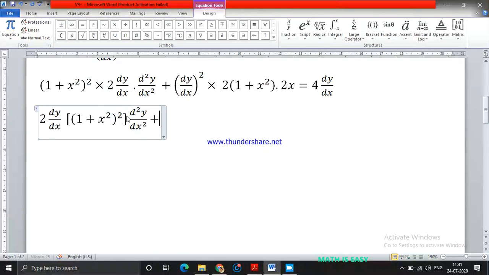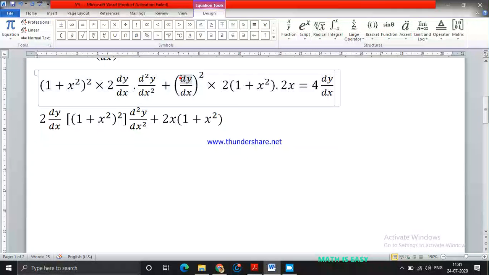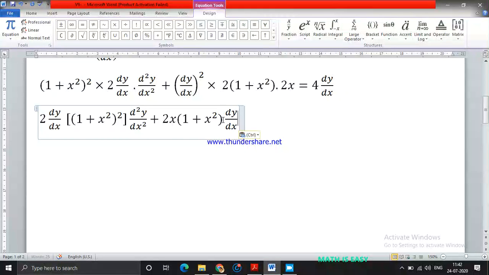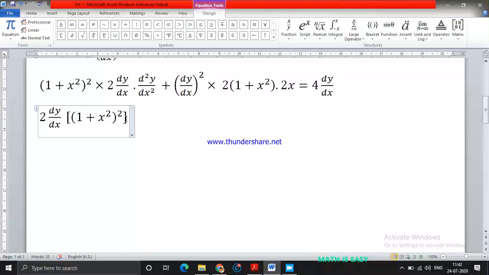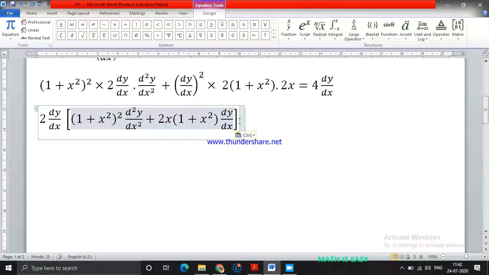Plus, then here, 2 is taken common, then you have 2x into (1 plus x square), and 1 dy by dx is also taken common, so another dy by dx will be left out. This entire thing has to be in a bracket, is equal to